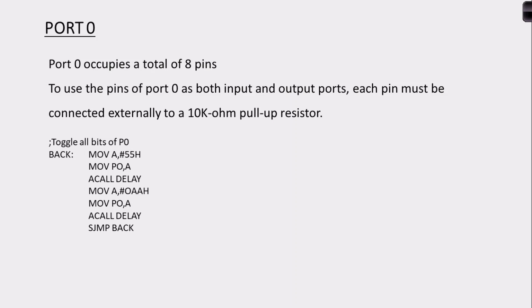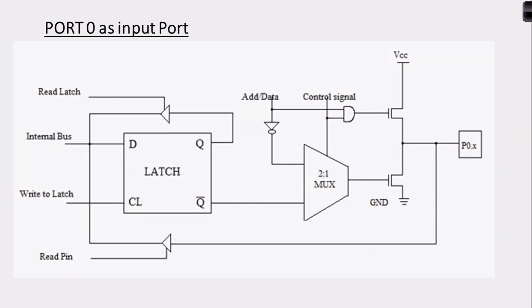Here in this program we have port 0. In this instruction the destination is P0, which means port 0. If you want to use port 1, then here we will write P1. Only that is the difference we can observe. Now let us look into how to make use of these ports as input port and output port.